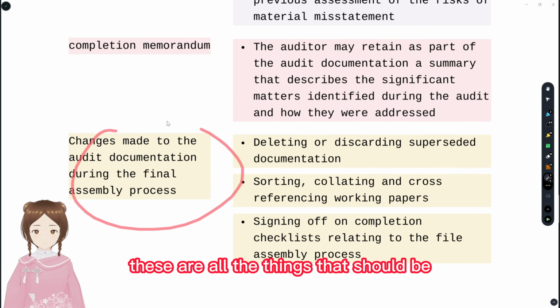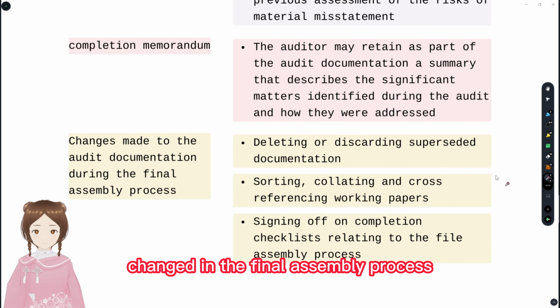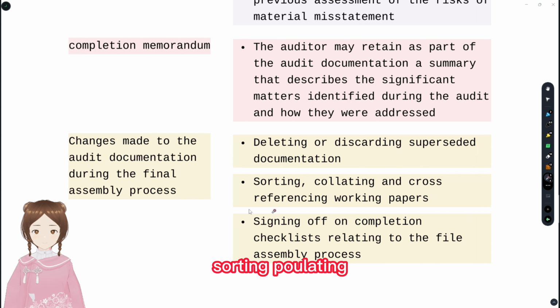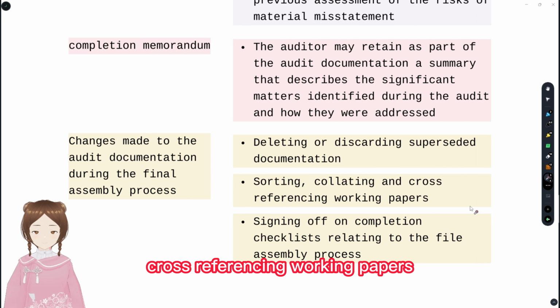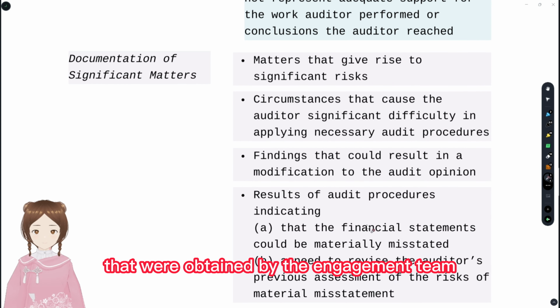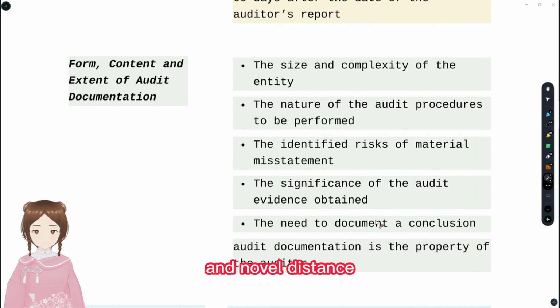These were all the things that would be changed in the final assembly process. What are the things? Deleting and discarding superseded documentation, sorting, collating, and cross-referencing working papers, signing a checklist, and documenting audit evidence that was obtained by the engagement team. And now we'll discuss